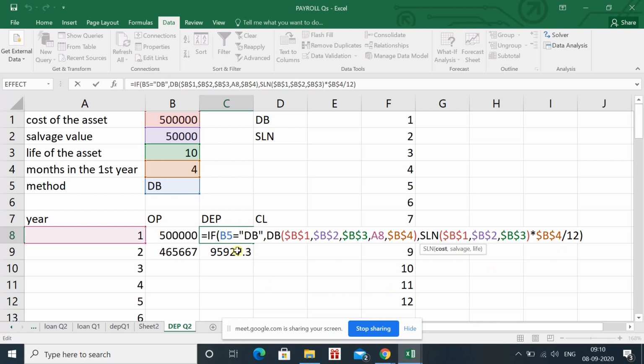Then for the second year, now we are moving to the formula for the second year depreciation. Till now, is it clear? Any doubt? Anyone? You can unmute yourself and tell. If you're not having any doubt, please write in the chat box. Because even I think you will not have any doubt. These formulas, whatever we have discussed till now, are simple. But if you discuss the next formula, in that case doubt can come. So after this, please concentrate for the depreciation in the second year.